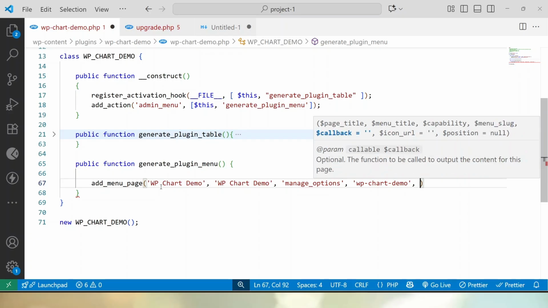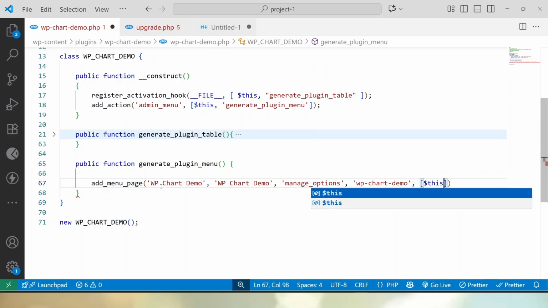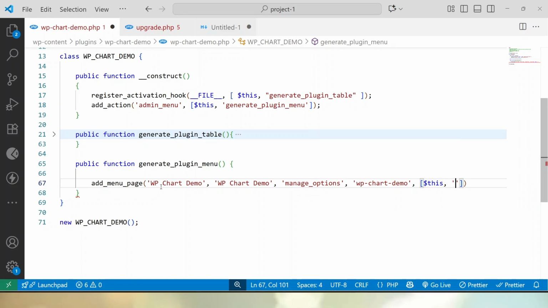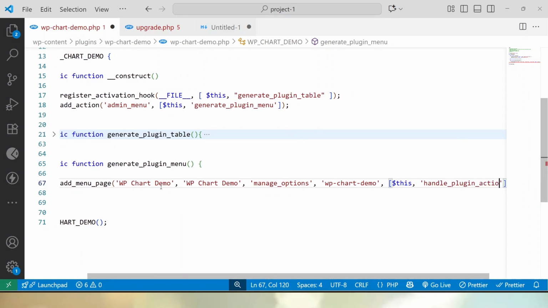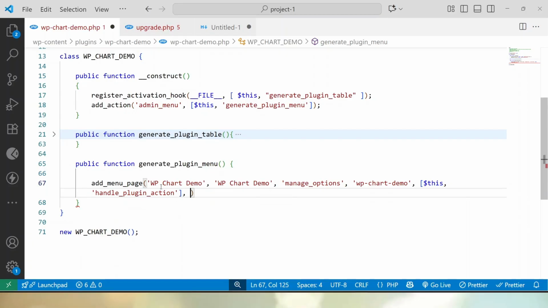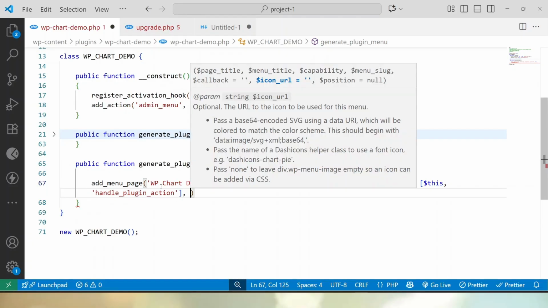Now, after the callback function, it means whenever we click on the plugin menu, what things we want to execute. As we know, this is class based, so to pass the callback function array, this is the object of this class, and here let's say handle plugin action. Now this is the callback. In the next value we have to pass the icon URL, and then after that we